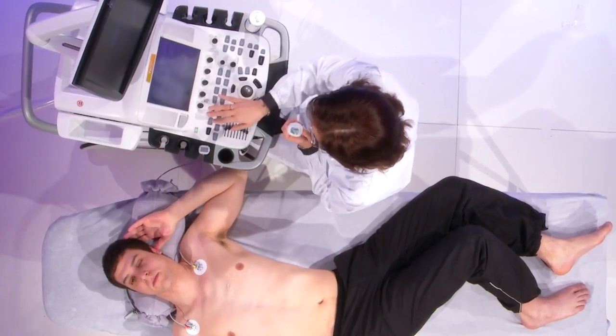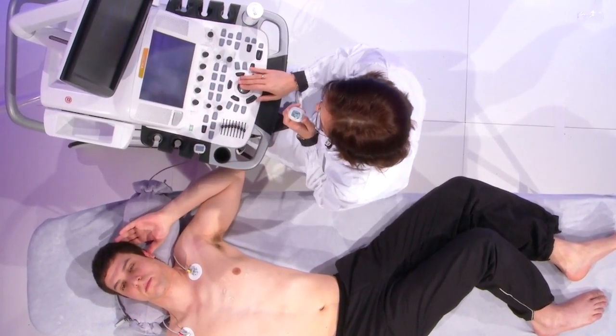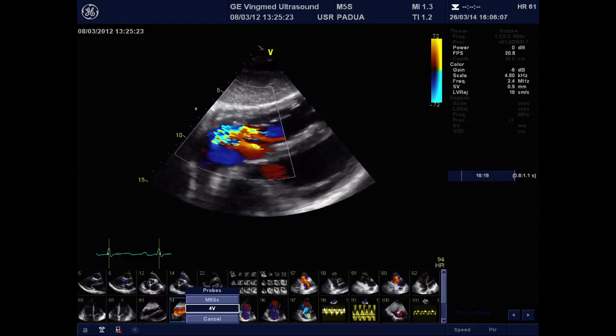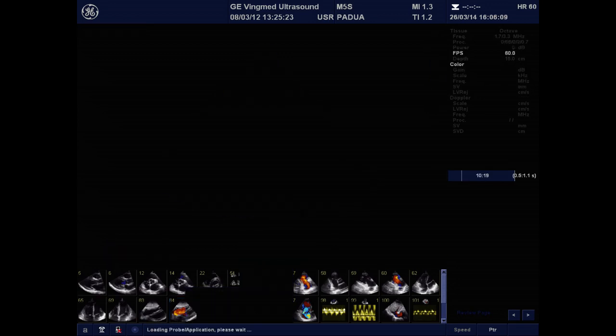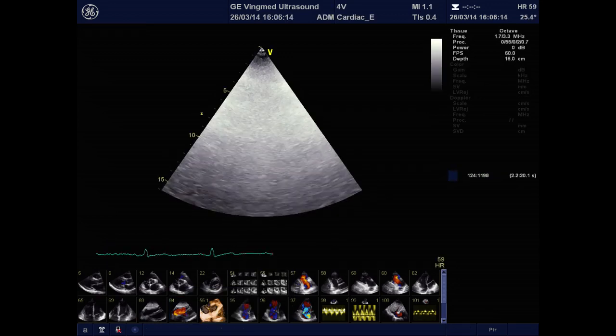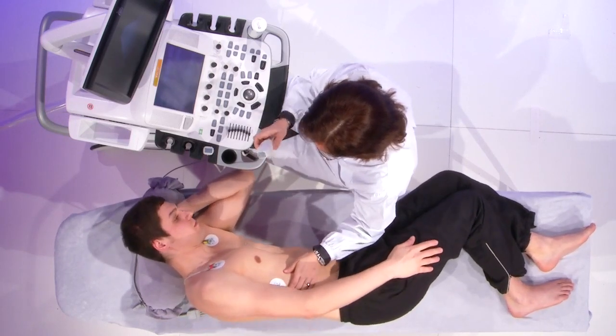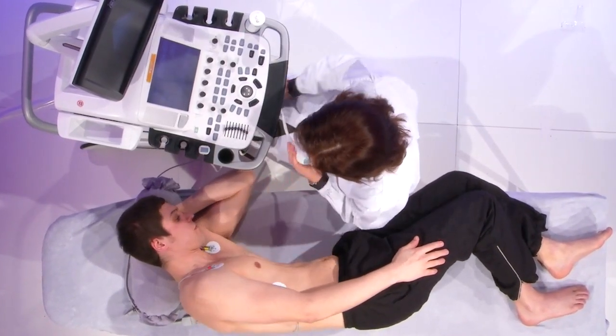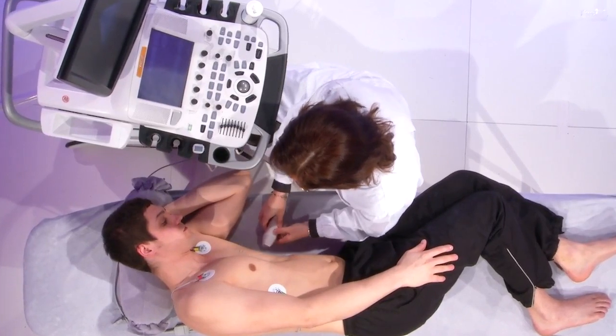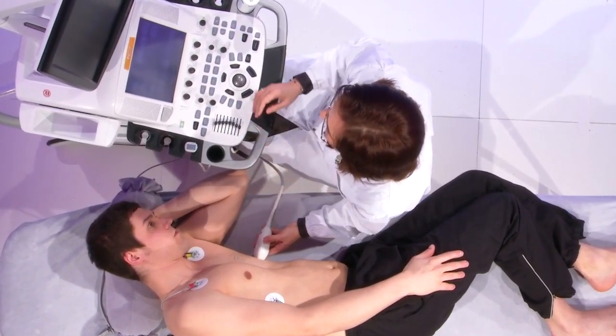and then I will select the probe here. Okay. And then I will ask the patient to lean on his left side again, and I will acquire a 3D acquisition of the tricuspid valve,